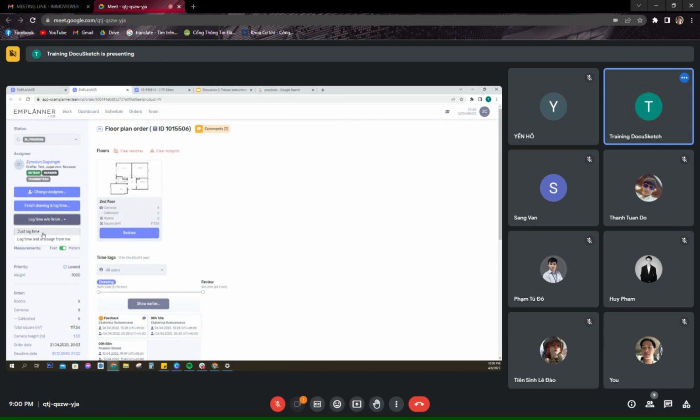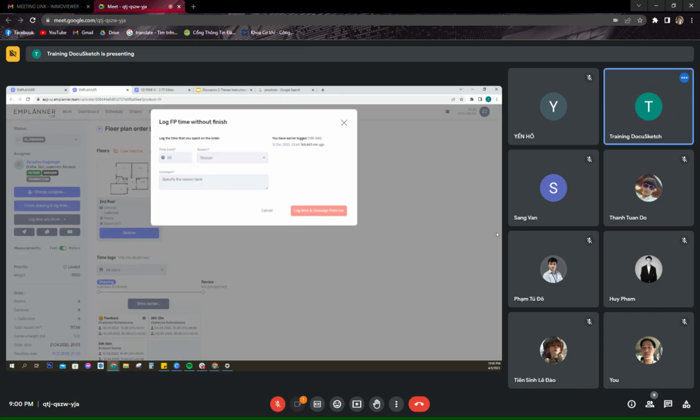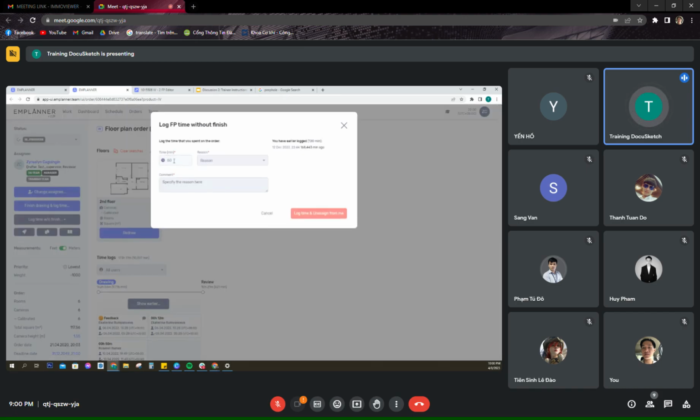Now, for live orders, there is also an option to lag time and unassign. So again, it will require the time you spent doing the order. For example, you worked on it only for 30 minutes. Then you will have to select the reason, for example, your shift is over. And in the comment section, you will have to specify the progress that you have made, and click lag time